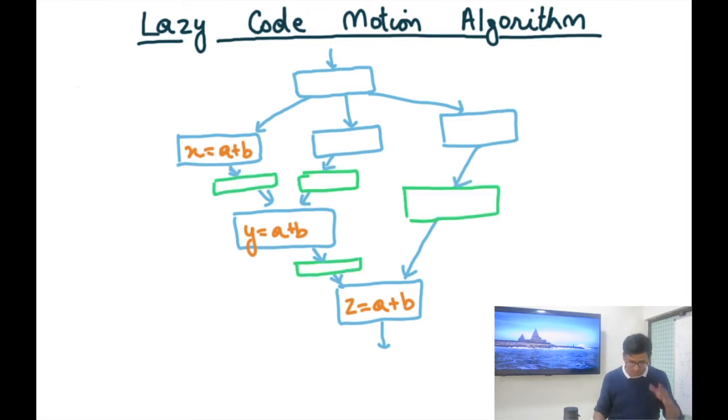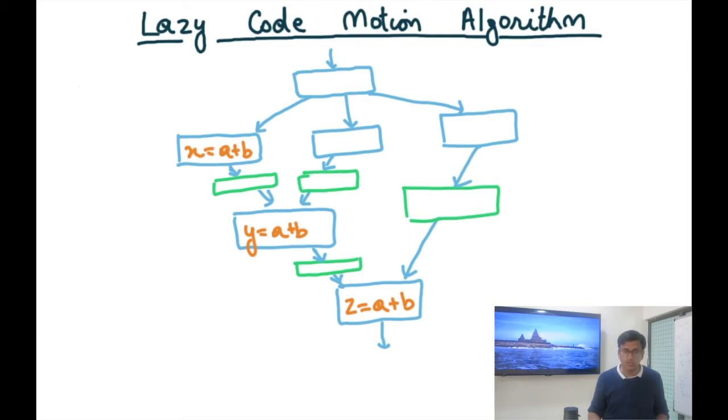And so the first thing, before I even start my algorithm, I need to do my pre-processing. Every instruction needs to be in a basic block of its own, so I'm assuming each of these is just a single instruction. And then for any basic block that has multiple incoming edges, I need to add empty basic blocks on all the incoming edges. So I've done that in this particular figure.